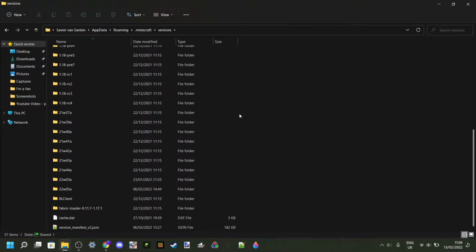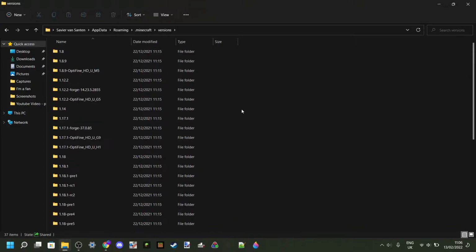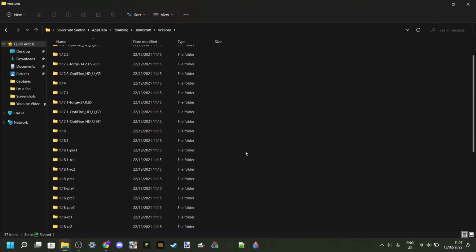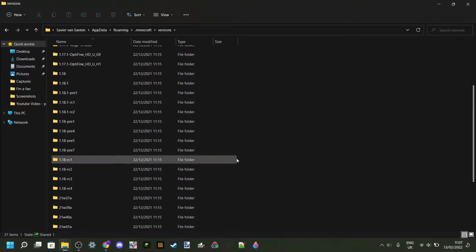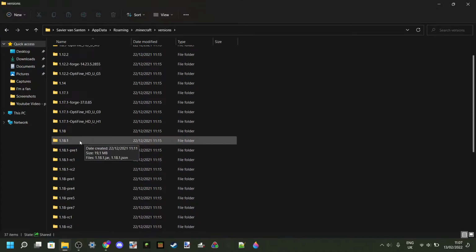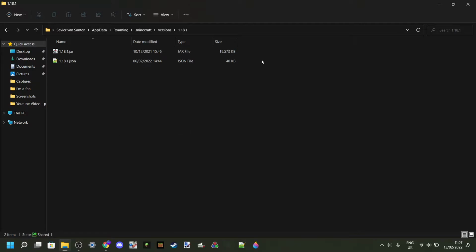And now you need to make the decision of which game version you want to make your texture pack for. You can make it for 1.8 or any other version. And all the versions that are displayed over here are the versions that you have opened before and that you have played in before. So, let me see. Yeah, I want to make my texture pack for Minecraft 1.18.1. So, I can click on this folder, and then once you enter a folder, you should see 2 items,